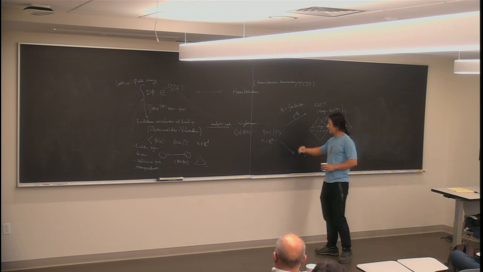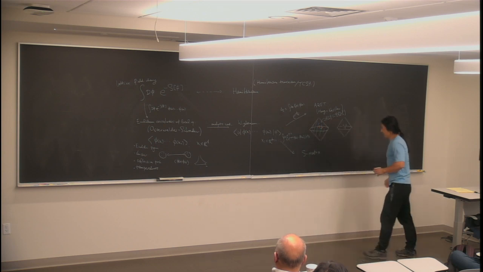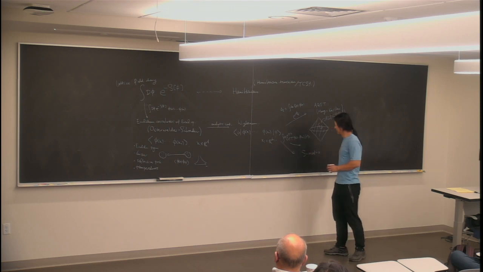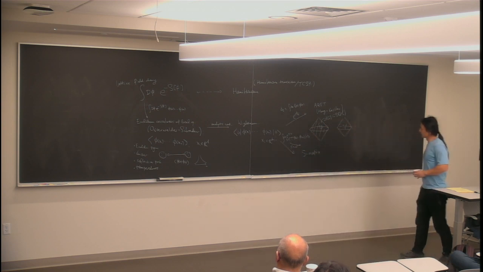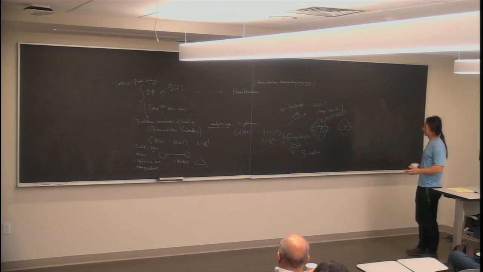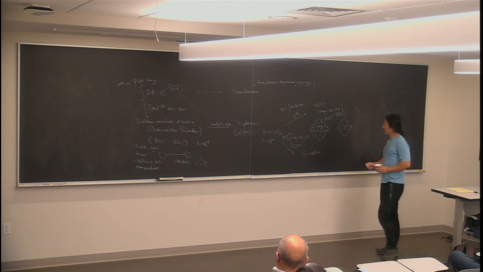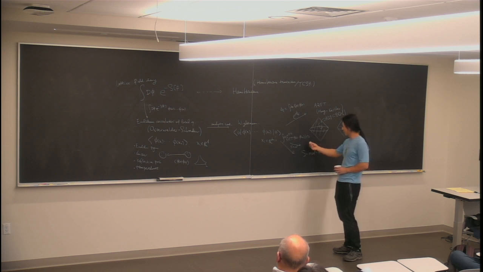If you consider, instead of these Wightman functions, the time-ordered Lorentzian correlation function, and you time-order this and Fourier transform, then it's expected that in the limit when you take these momenta to be on shell, so that p squared approaches minus the mass squared for the mass of some stable particle in your theory, this Fourier transform of the time-ordered Lorentzian correlation function is supposed to pick out some pole